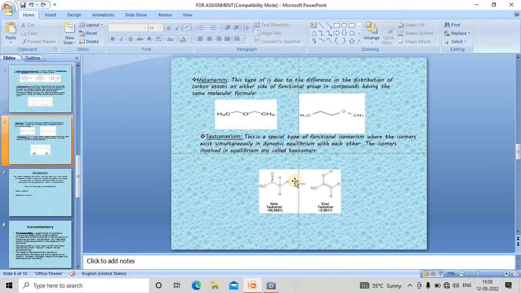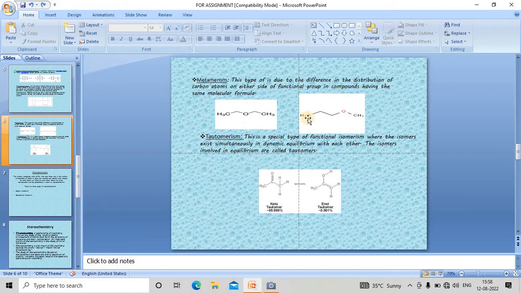Metamerism. Obviously, it happens in the case of compounds where the functional group is bivalent, meaning it has two valences, two attaching sides. Suppose in ether, the oxygen atom is in between. Here also it can be an alkyl group, and here also it can be an alkyl group. So if the distribution of the alkyl groups around the two sides of this O atom differ, then they will